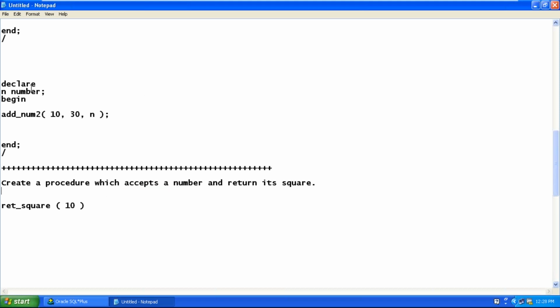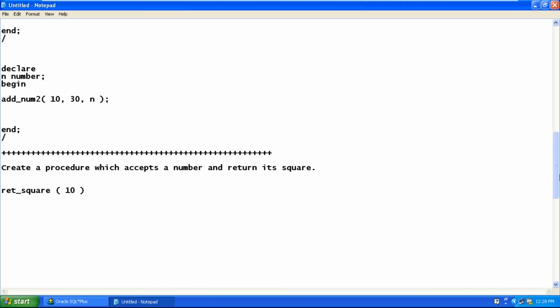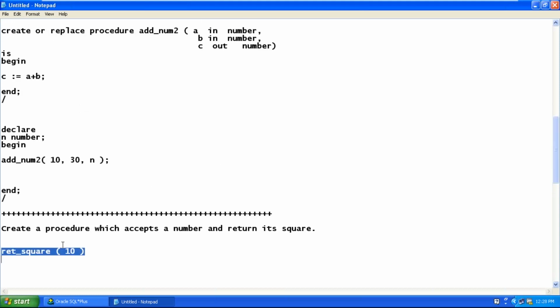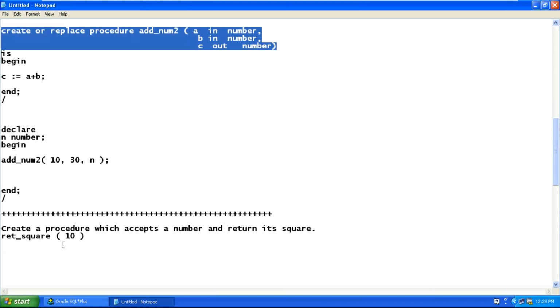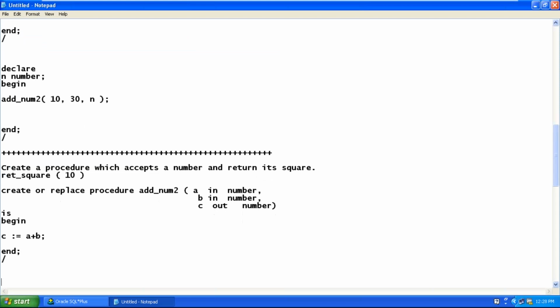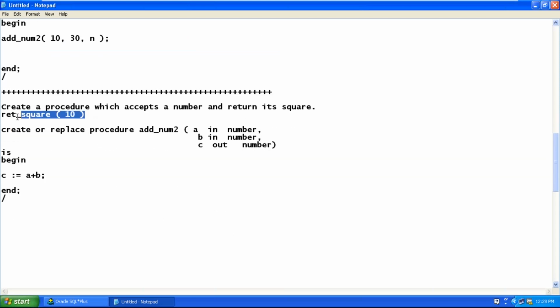So how to start writing the code? If you want, you can use the previous program as your reference. Copy paste that, and we will modify it. The name of the procedure I want is ret_square. First of all, change the name: create or replace procedure ret_square, which accepts one number.